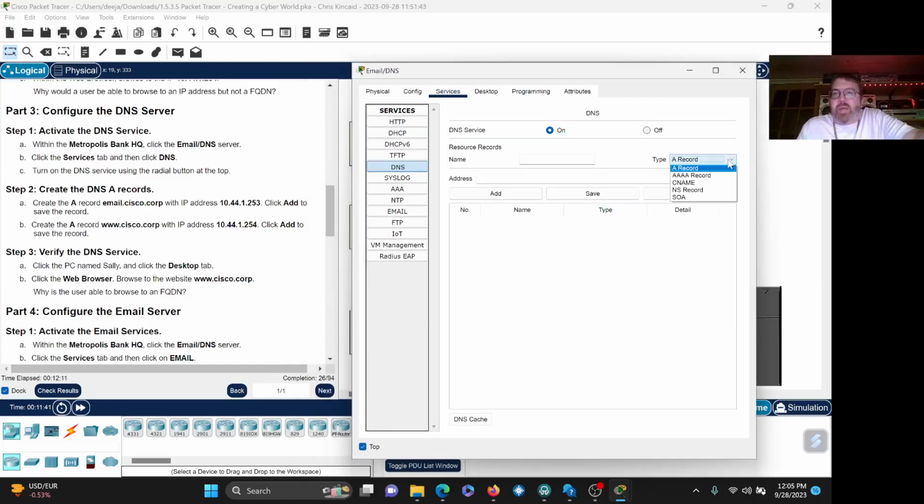We're going to add all type A records. There are different types for different things, which we're not going to get into. Subdomains, it's just a lot of things there that we don't need to worry about for this class. So we're just going with the type A record, and we're going to put in